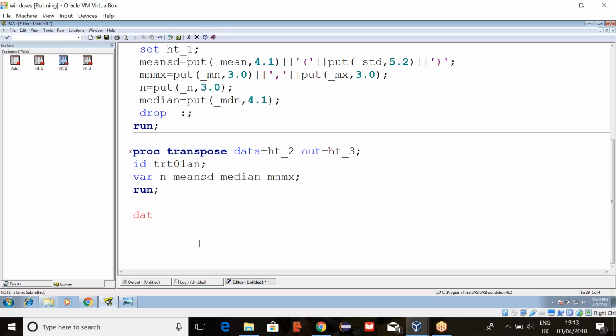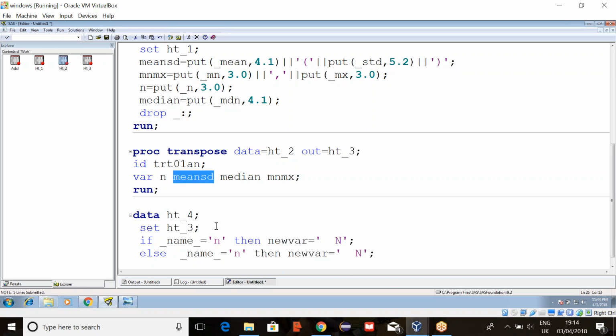Okay. So data height4, copy data from height3, and here use if _name_ equals n, then your new variable equals n, else if mean and then standard deviation.